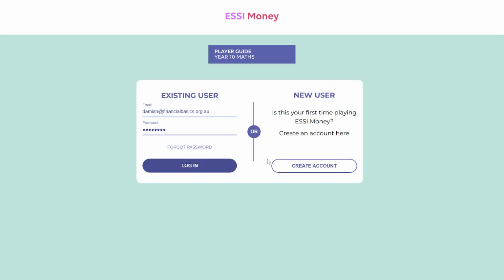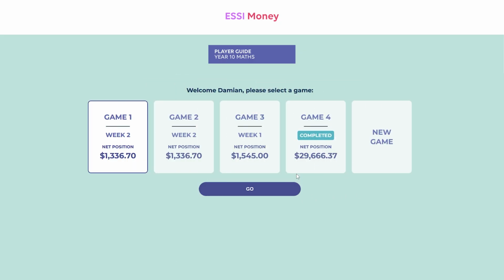When you log in to your class Easy Money game, you have three options. Option 1. If you've previously started a game in this class, you can choose to continue playing it. Option 2. If you've previously finished a game in this class, you can choose to view your endgame balance sheet, as well as download your printable Easy Money gameplay certificate. Option 3. You can start a new game. You have up to 5 new games per class link supplied by your teacher or teachers. Note, if you are playing Easy Money with multiple teachers or in multiple classes, your login details will be the same in all of those classes. Just make sure you load the correct game link when it comes time to play.